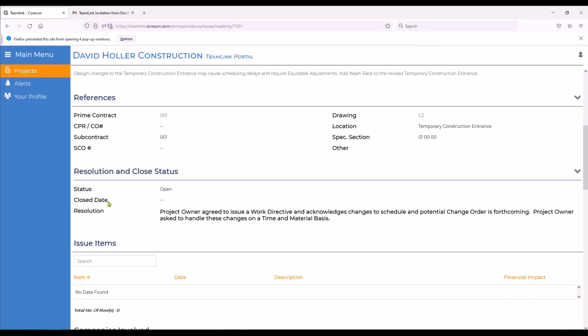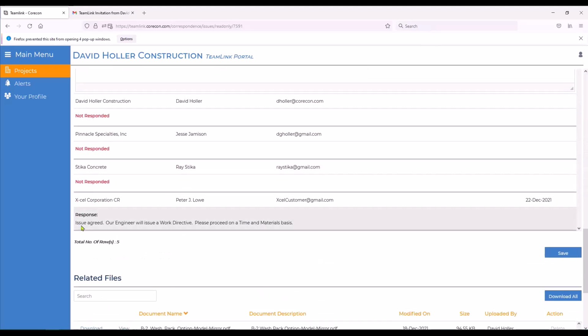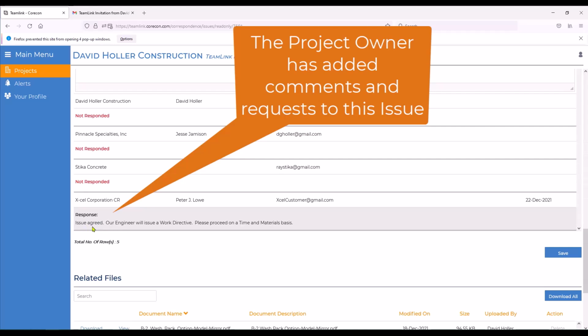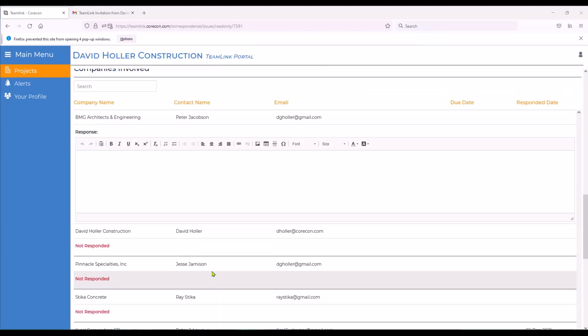If you scroll down, you can also see the project owner has agreed and that you need to issue a work directive. And they've also asked that the general contractor, or in this case QuarkON subscriber, to proceed on a time and material basis. So you may want to add a response